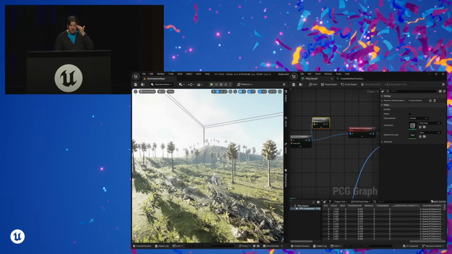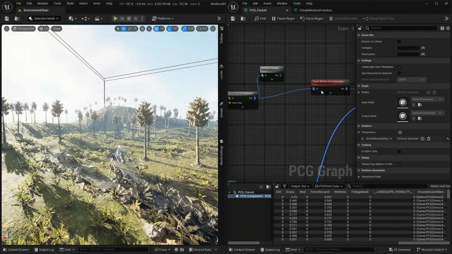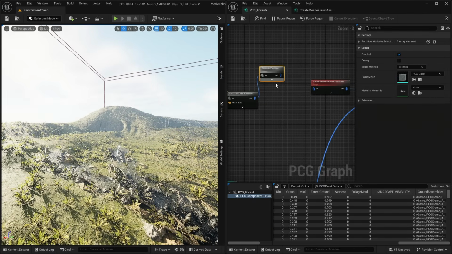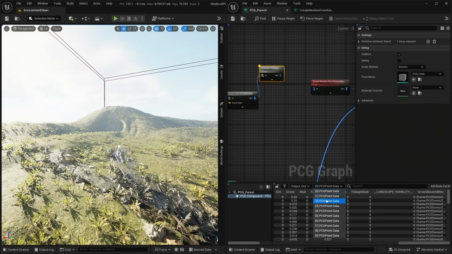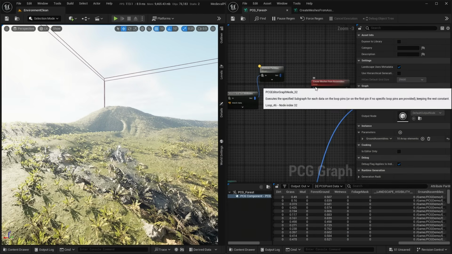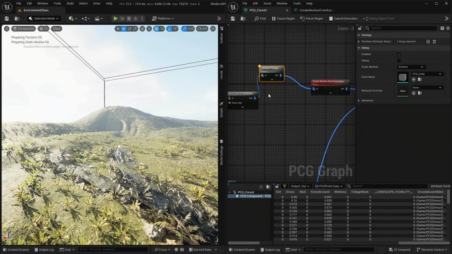Cool. Because this is the last variable, I actually know it'll grab ground assemblies, but I could also just type in ground assemblies if I didn't want to break something. And I can actually see that working as well. If I hit A, I can see that there are 10 data sets here. And remember, we added 10 meshes before, so I can be pretty confident that that's working. And when I plug it in,